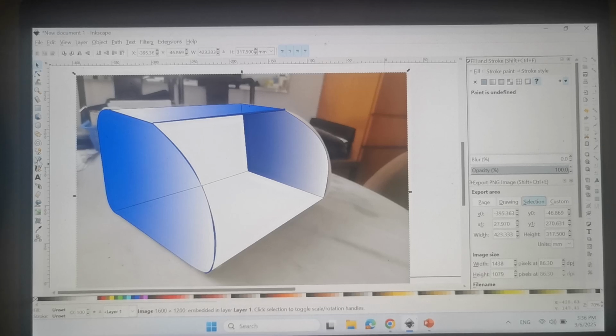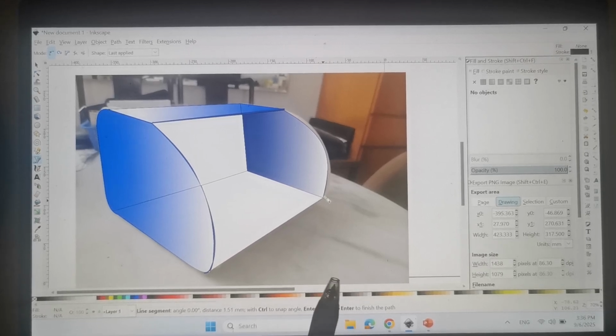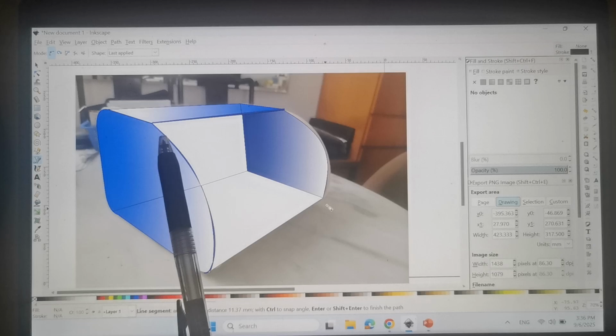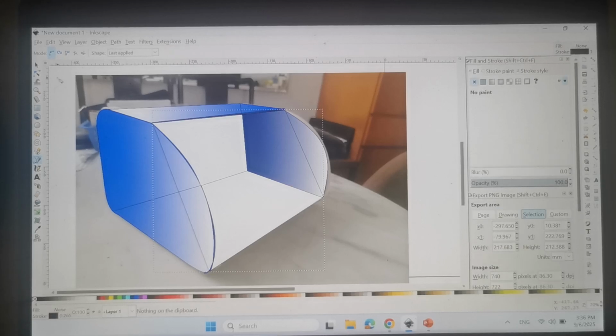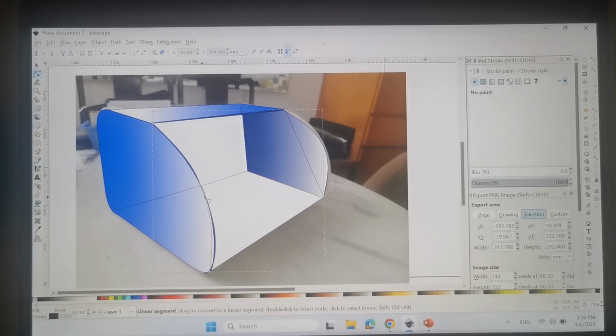Now, first of all, click here. Same thing, follow. So I'm going to follow and draw the cover. Just follow and draw the cover first. Okay, after I draw the cover, I will move it. Okay, now it is